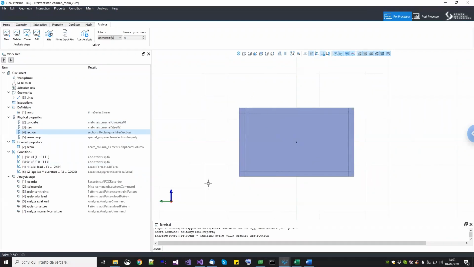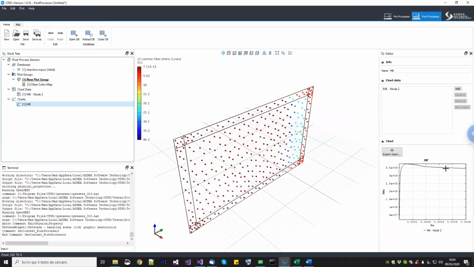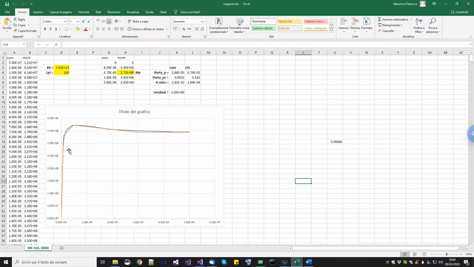Basically, this one will be used to study the cross-sectional response of a fiber cross-section so that we can get the moment curvature response. Of course, this will be a moment curvature response for a given axial load. Then we will use the output of the cross-section analysis to compute the equivalent points for the rotational spring that we will use in the lumped plasticity approach using the modified Ibarra-Medina-Krawinkler model. So we will start from the moment curvature response, obtain the moment curvature points, and then move to the moment rotation